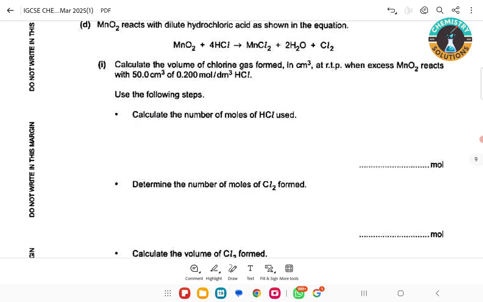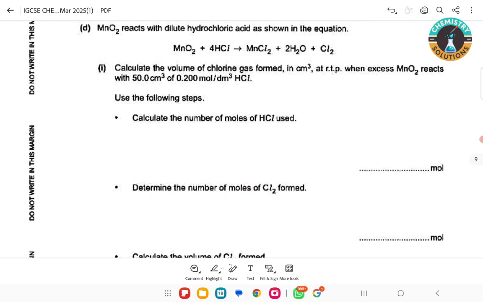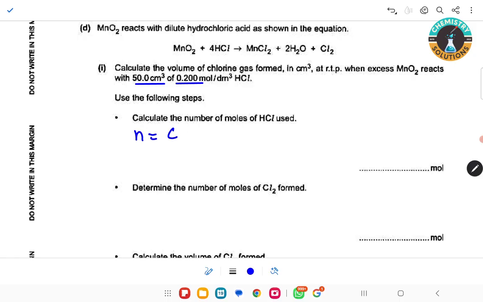MnO2 reacts with dilute hydrochloric acid as shown in the equation. Calculate the volume of chlorine gas formed in centimeter cube when excess MnO2 reacts with it. First of all, we have to calculate the number of moles. The number of moles is concentration multiplied by volume. Volume must be converted into decimeter cube, so 50.0 divided by 1000, then multiply by the concentration given, 0.200. Let me calculate. Answer is